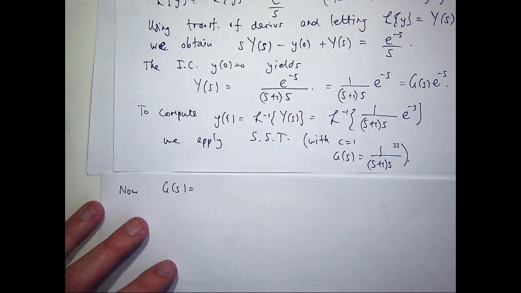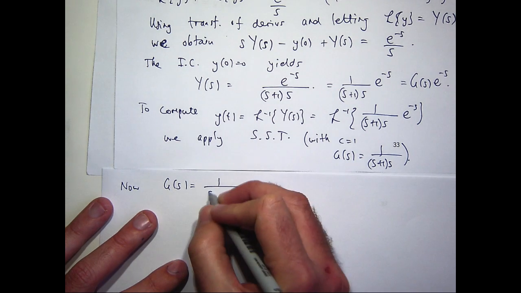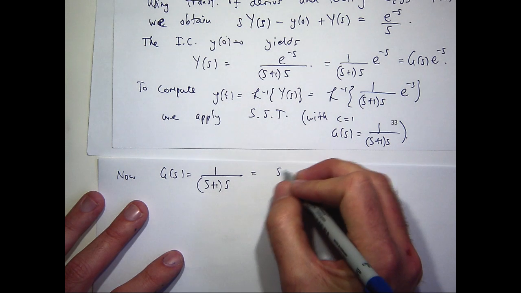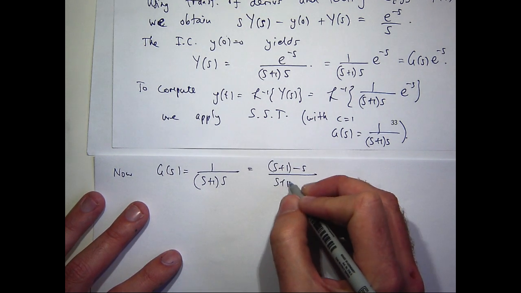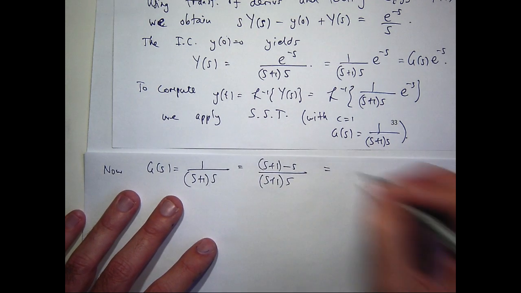Of course, if you want to use partial fractions, you can. So if I now break that up into 2 bits and cancel,